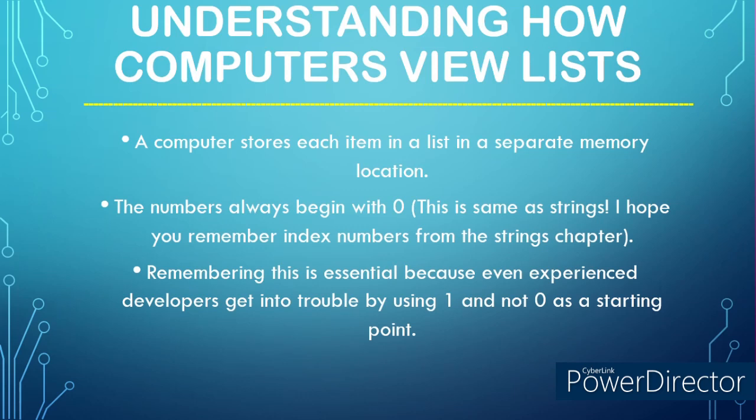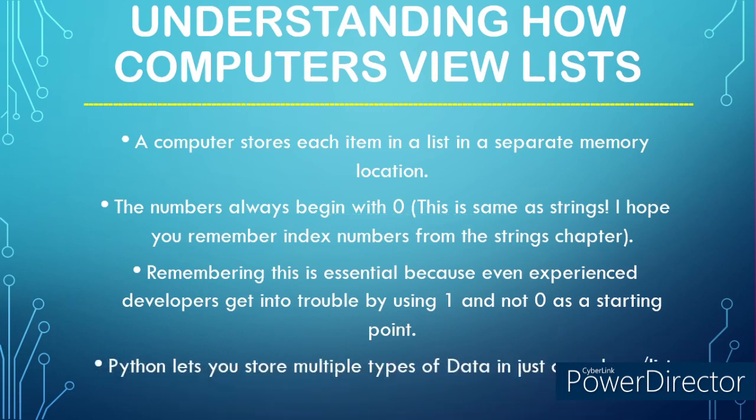Depending on what sort of information you place in each mailbox, the mailboxes need not be of the same size. Python lets you store a string in one mailbox, an integer in another, and a floating point value in another. The computer doesn't know what kind of information is stored in each mailbox and it doesn't care. All the computer sees is one long list of numbers that could be anything. Python performs all the work required to treat the data elements according to the right type and to ensure that when you request item number 5, you actually get item number 5.